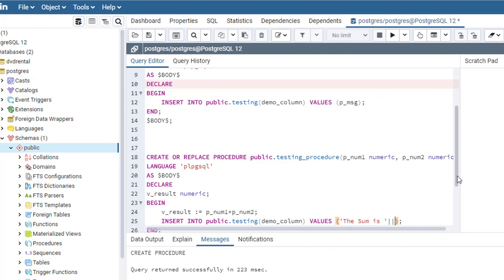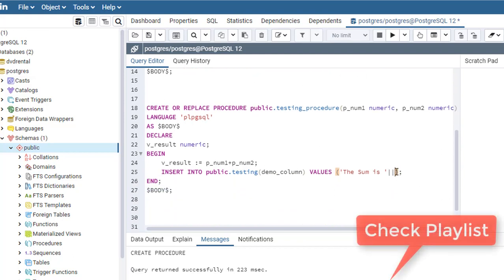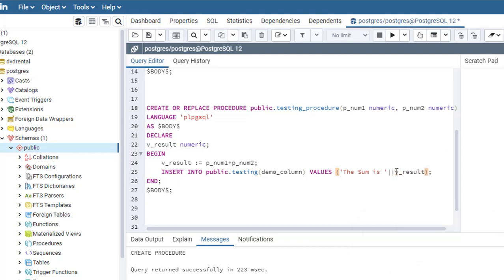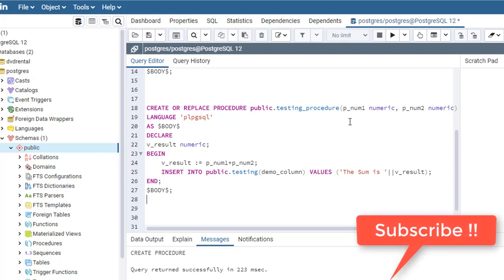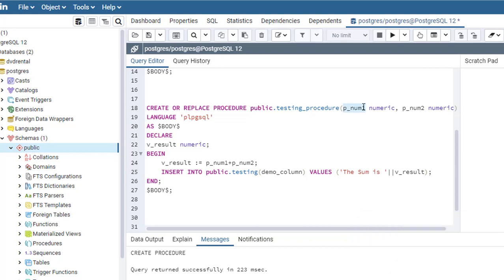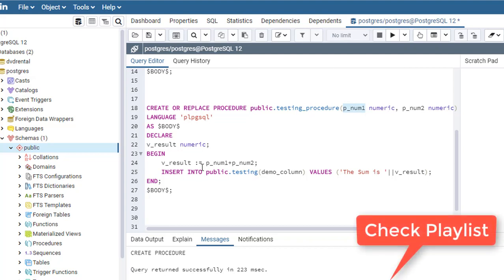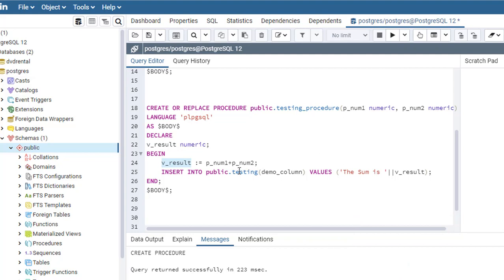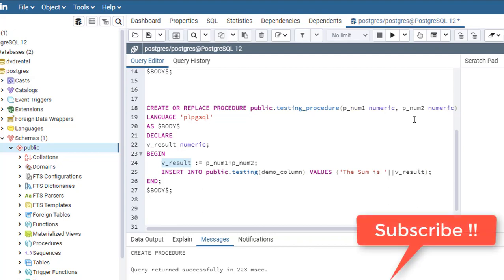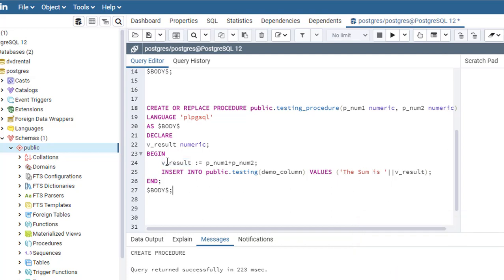This is the way we concatenate a string in PostgreSQL, and the sum is v_result. Whatever parameters I pass will be summed up, assigned to v_result, and inserted into the testing table as 'the sum is' whatever the sum. Suppose I pass 3 and 5, so 3 plus 5 is 8, and 8 will be assigned to v_result and inserted like this: the sum is 8. Now let's create it.